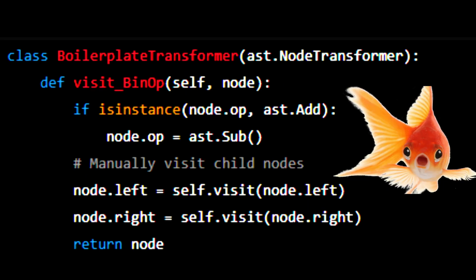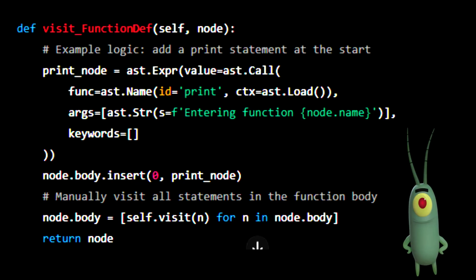class BoilerplateTransformer(ast.NodeTransformer): def visit_BinOp(self, node): if isinstance(node.op, ast.Add): node.op = ast.Sub() # Manually visit child nodes. node.left = self.visit(node.left) node.right = self.visit(node.right) return node. def visit_FunctionDef(self, node):